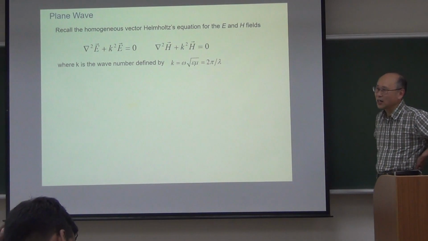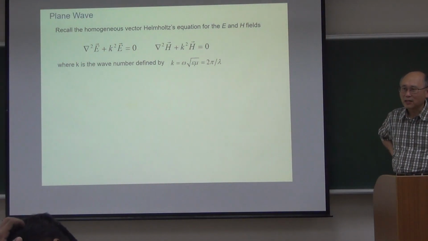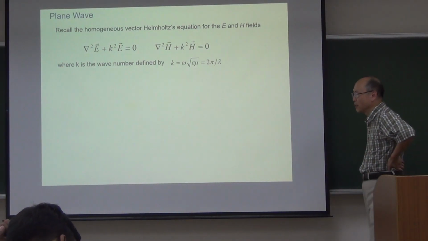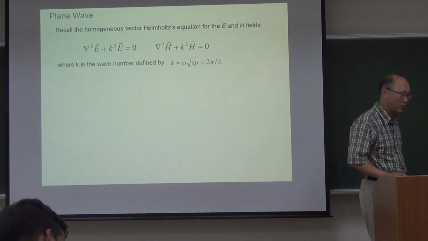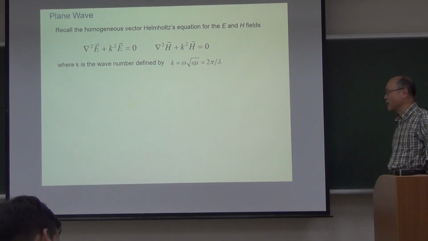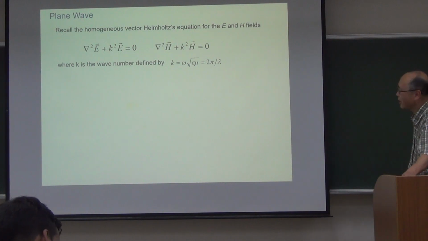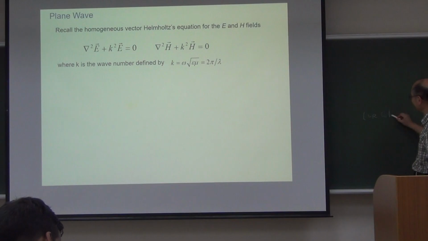All right. So last time we more or less looked into the wave equation, and everything starts from this Helmholtz equation. If we are dealing with harmonic waves, this means that we'll be dealing with this kind of